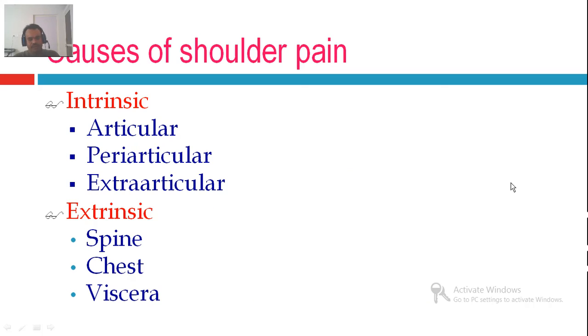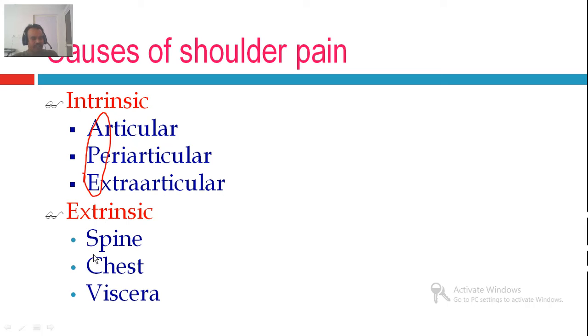Now let's move on to the next part. The next part is about the shoulder pathologies such as intrinsic and extrinsic, another revision here. Now the trick I use is very simple. If you look at the first letters, they are like APE, ape. So articular, periarticular, and extraarticular pathologies.